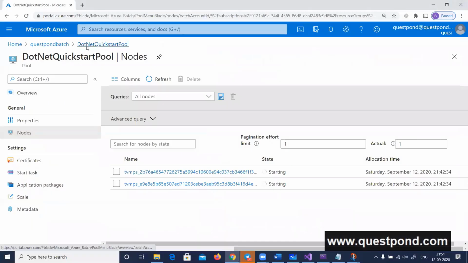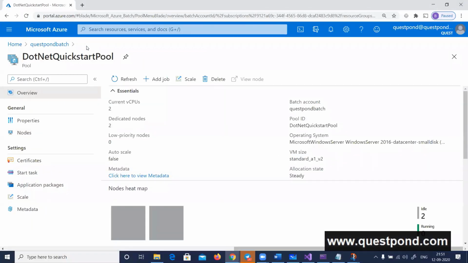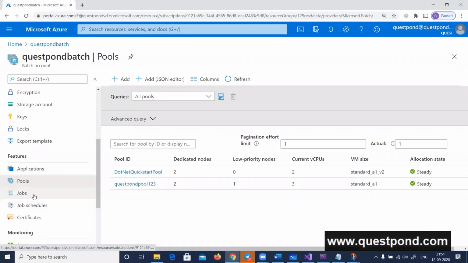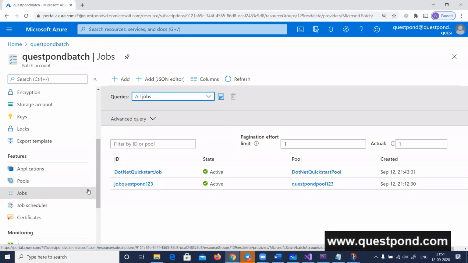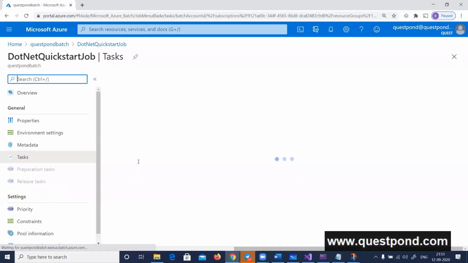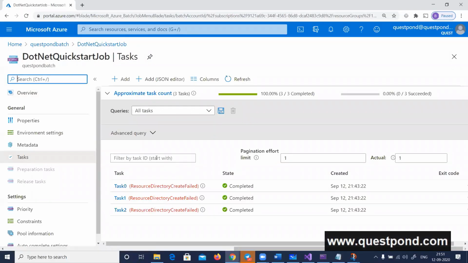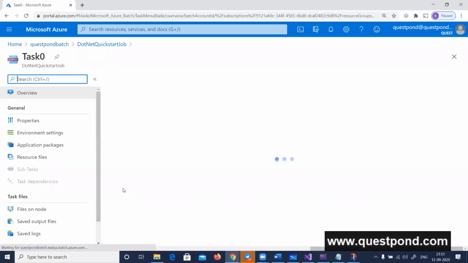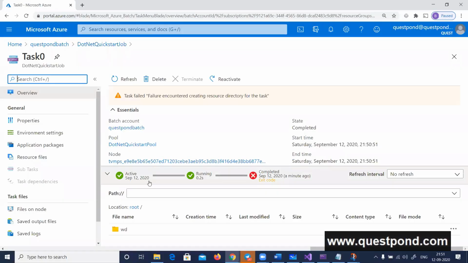So guys, quickly, I'm just coming here. I'll just go to that question back. For some reason, the job failed. In the first attempt, my demo does not work. So that's for sure, it does not work. So there it is, quick job start here. And this time I took a Microsoft demo. It says that resource directory failed. So if I go out here, you can see the job started running, but